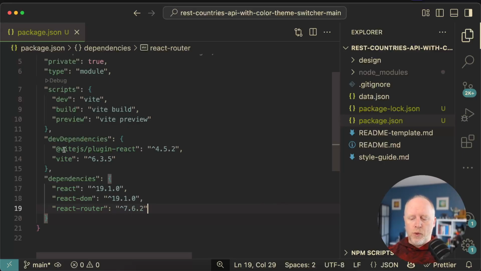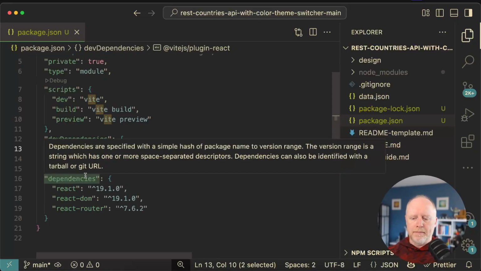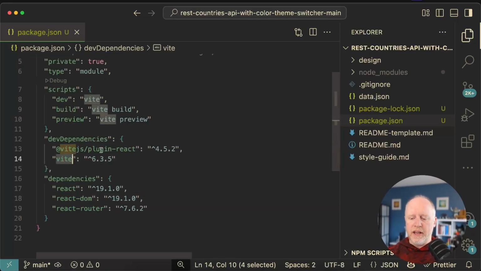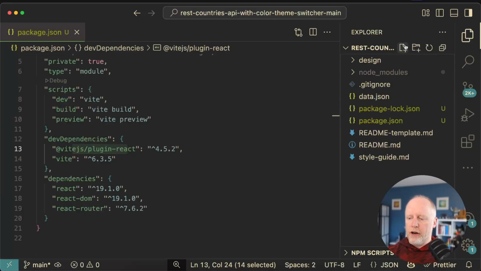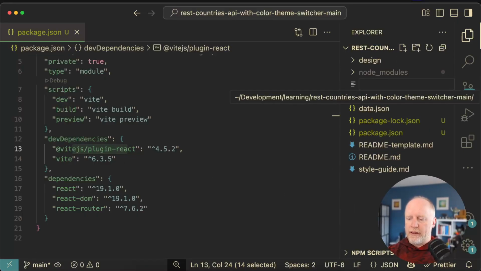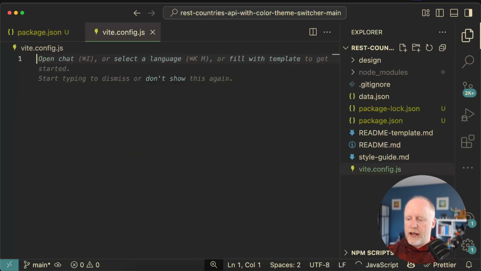With this, we have some things that we need to set up, okay? Specifically, we need to tell Vite to compile React, okay? And that's what the plugin does with Vite. So over here, we are totally going to do that. That is going to be vite.config.js, okay? And inside of here, we are going